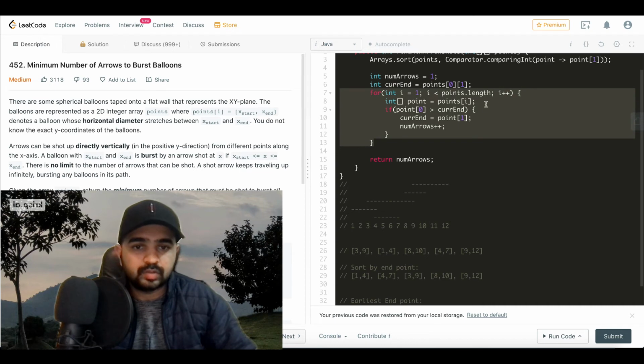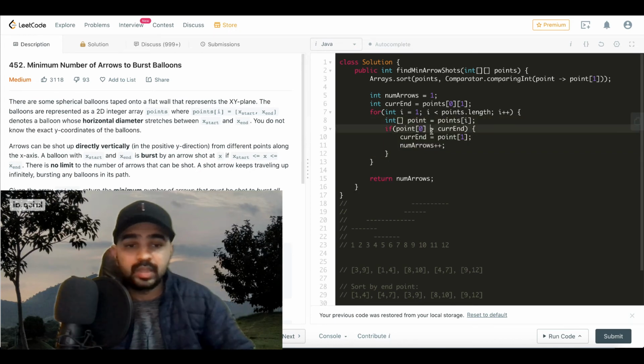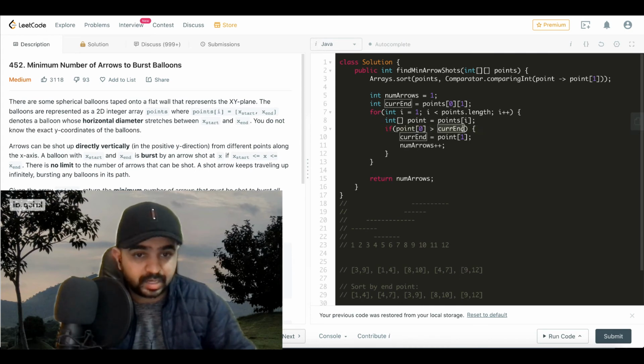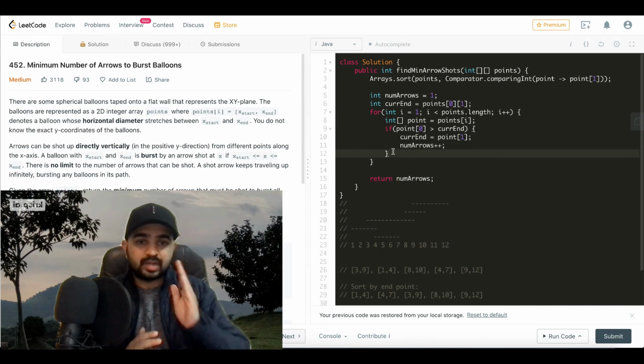Now we are going to walk through this array of points, and we are starting from i equals to 1 because we have already burst the current endpoint, and we have marked it, that is why the num arrows is 1. So we have marked it as burst. So we'll traverse from i equals to 1 to the end of the array. We get our current point, and we'll just check. So point comma 0 represents the start point of our current balloon. If it is greater than our current endpoint, then that means we cannot burst this balloon with our current arrow,